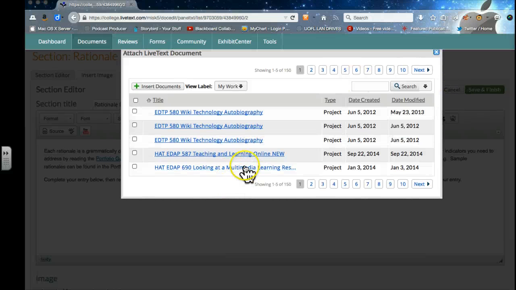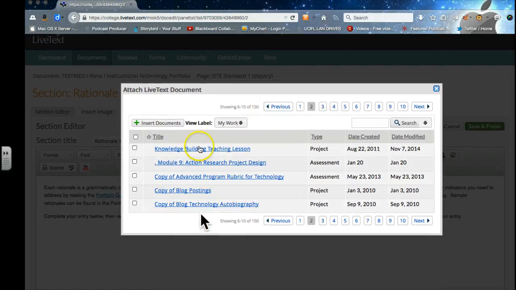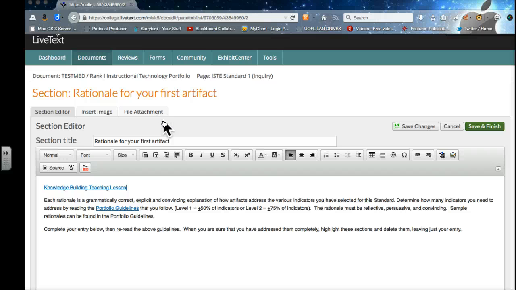So I don't have to copy and paste anything. I just have to scroll around, and of course, I have 14 gazillion of these because of all the stuff I've done. But I could scroll up and down through here and look at the stuff that I've made, and then I find the one that I'm really proud of, my knowledge building teaching lesson. And I insert. And what it does is it will put that in, as you can see it right here. And so when I save it, I'll just save the changes. When I save it,